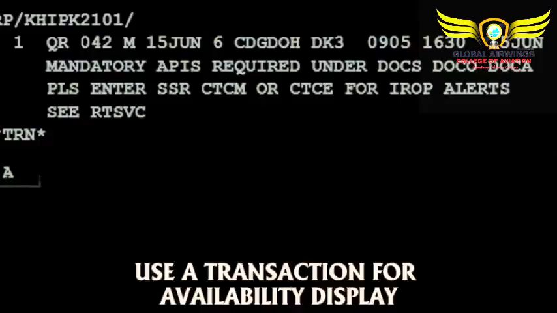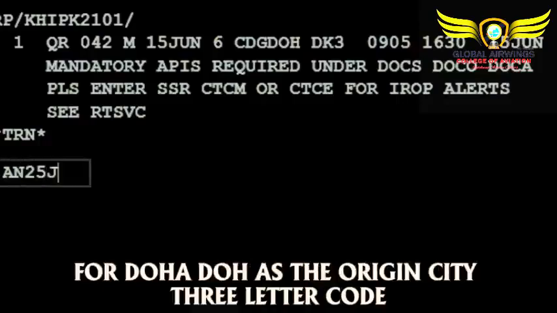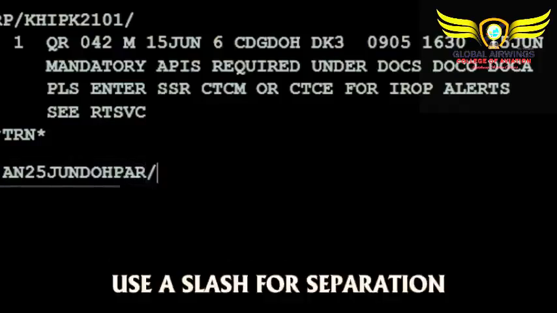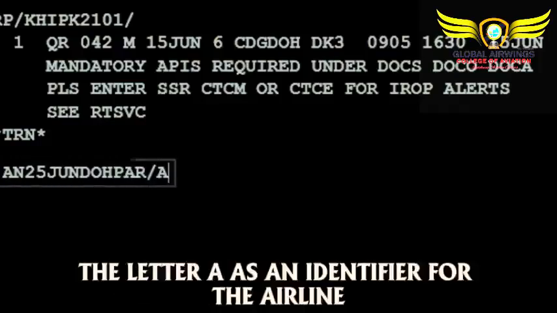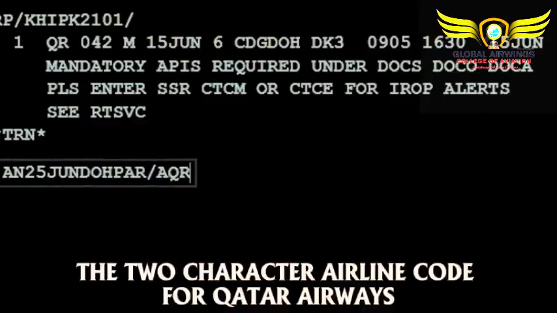Use the A transaction for availability display, followed by the travel date June 25th and the 3-letter codes for Doha, DOH, as the origin city 3-letter code and Paris, PAR, as the destination city 3-letter code. Use a slash for separation, the letter A as an identifier for the airline, followed by QR, the 2-character airline